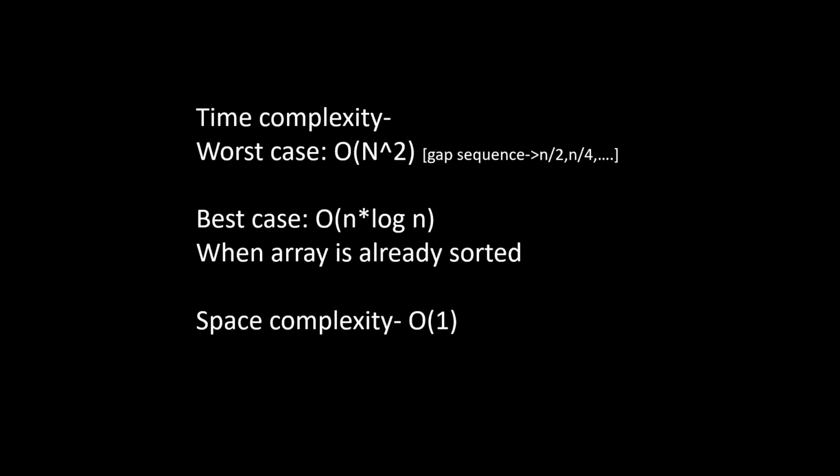The time complexity of shell sort depends on the gap sequence used for the input array. If we take the original gap sequence, that is n by 2, n by 4, n by 8 and so on, the complexity comes out to be order of n square, which is the worst case. But if we take a better gap sequence, we can get a better time complexity and the algorithm may perform better. The best gap sequence is not known till now. But the best case of the algorithm, when the gap sequence taken is n by 2, has time complexity order of n log n.